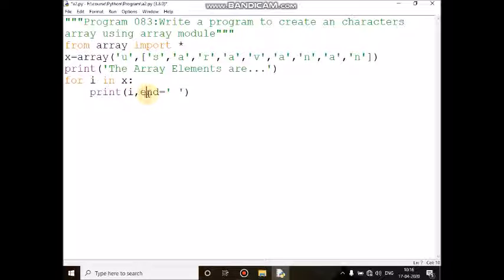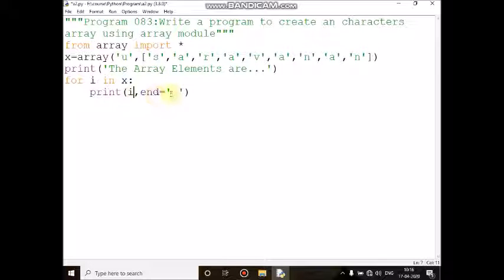After printing, here I am using end equal to, within single quotation I am giving one space. After printing the first element S, it will give one blank space. The cursor will wait there only. Then control comes here, and now it will move to the next element, that is A, and print.